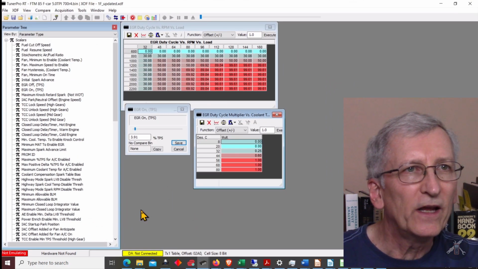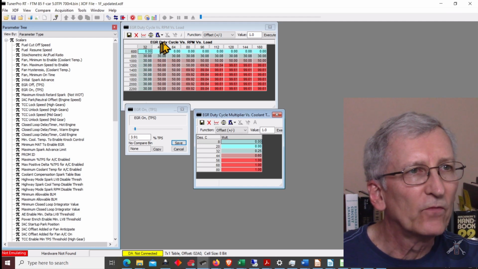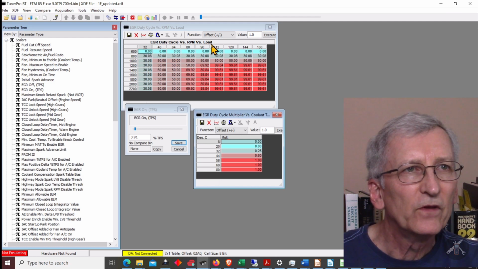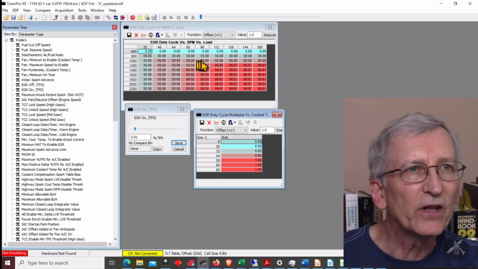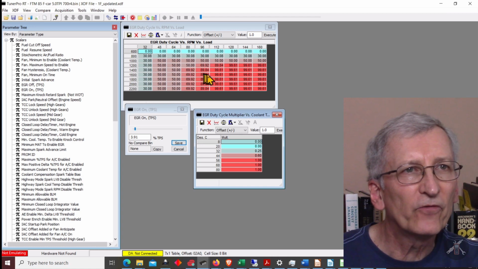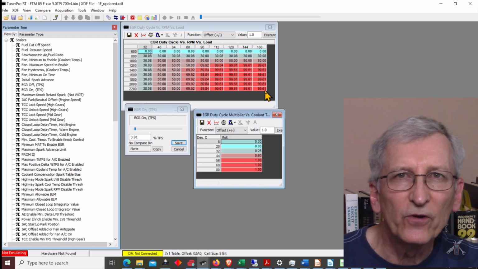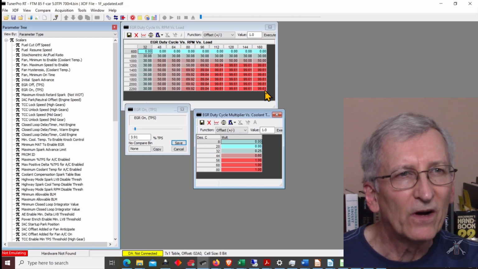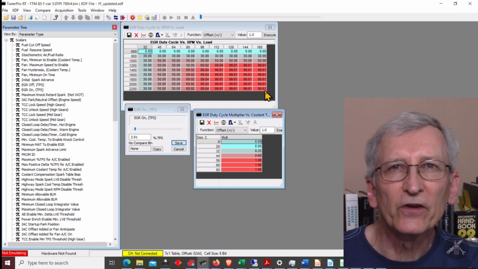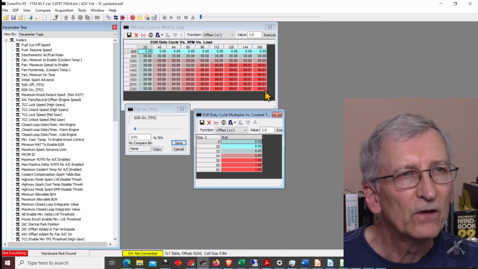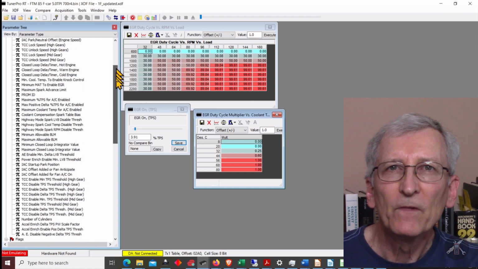So here's my 85. And when I open up the table, EGR duty cycle, RPM, and load, at idle at 600 it's 0, but at 800 it'll go to 30%, and then it goes to 50, and then it goes to max. Now the one thing that's a little confusing to me, it may be semantics, it may be the way things are defined, but